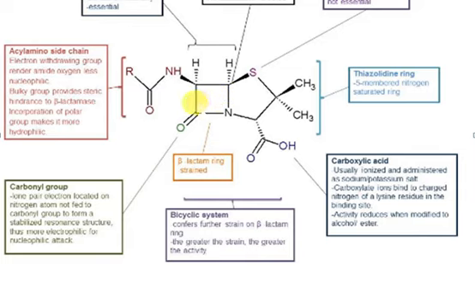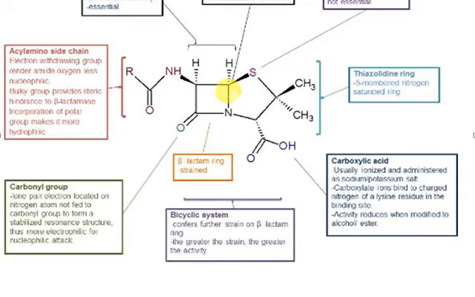Furthermore, this system should be bicyclic, and this bicyclic system is responsible for the biological activity. If we remove this fragment of the 5-membered ring, the biological activity is lost, and if we remove the amide group, the biological activity is lost as well. So the presence of this bicyclic system is necessary for the biological activity. And if we study the molecular fragmentation,